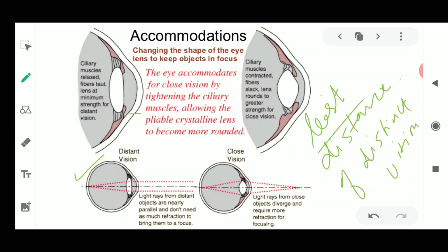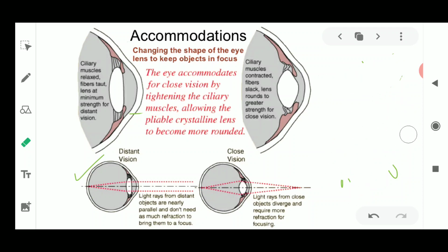So what is the smallest distance for seeing clearly? This is 25 centimeters. Why is this 25 centimeters? Because it is the smallest distance at which an object can be placed and the eye can see it clearly. The eye can see objects clearly when they are kept at a minimum of 25 centimeters away from your eyes. Beyond this, the eye lens cannot be thickened more. That is why the complete power of accommodation has already been used, and that is why we are not able to see clearly.